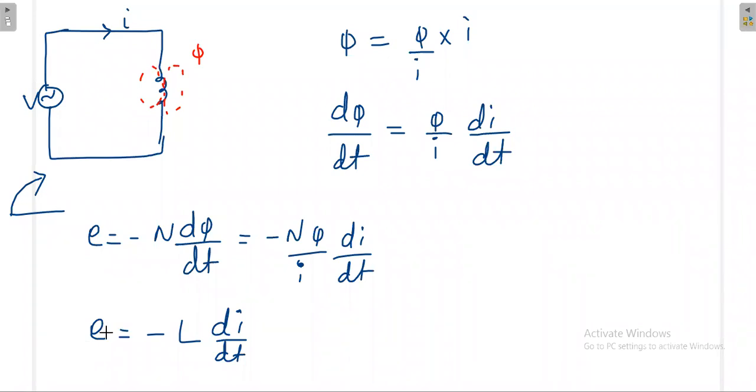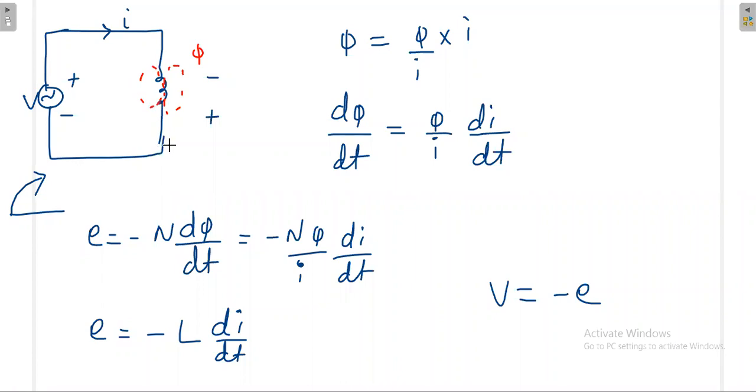Then what is the relation of this E with this V? The V that you are having here and the E that you are producing will be in an opposite way. Why, you will understand after some time. So if you take it like this, the EMF is induced in an opposite manner to the V, that is the idea. For example, if your voltage is like this, the EMF will be induced like this. Again, they are opposite to each other. V is equal to minus E.